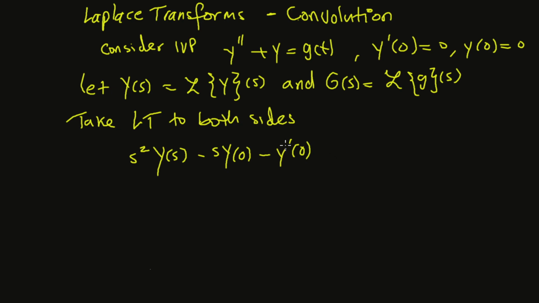That's for the Laplace transform of the second derivative. Then plus capital Y of s equals capital G of s, which is the Laplace transform of g. And that simplifies to this,